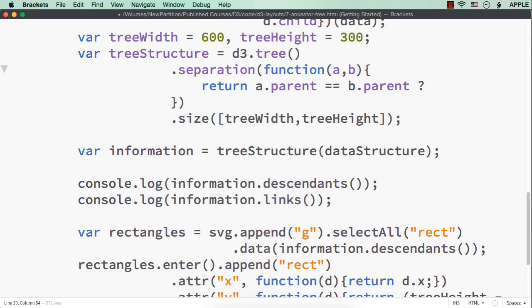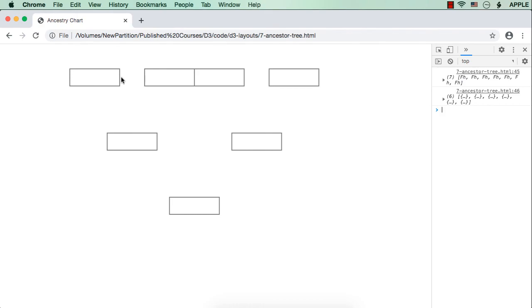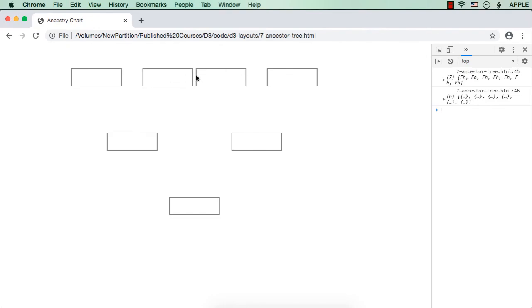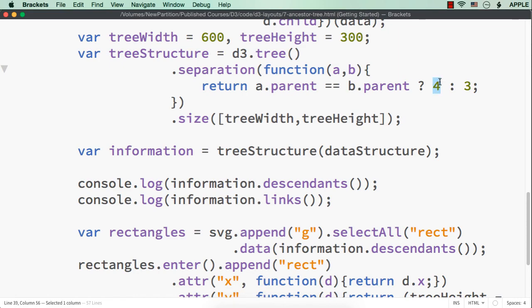In that case we need to adjust the value. Suppose I try with 3 and 2. Let's see what happens. Now these two rectangles are getting closer. So let me try with 4 and 3. There is some gap now. Let me try to change it to 5 and 4.